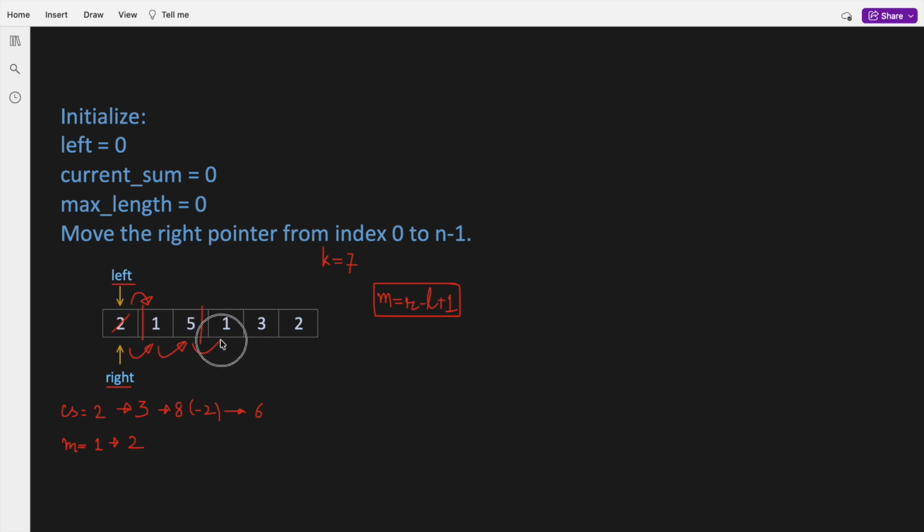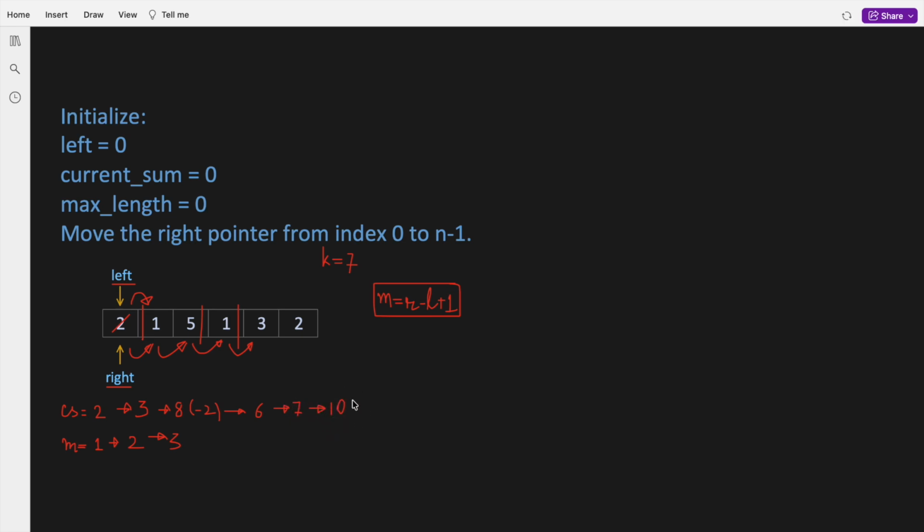Now the right pointer moves forward and the current window increases. The current sum becomes 7, which is equal to 7. As this is valid, the maximum length will be the maximum of current maximum length and r minus L plus 1, 3. Now the right pointer moves forward again and the current sum becomes 10,